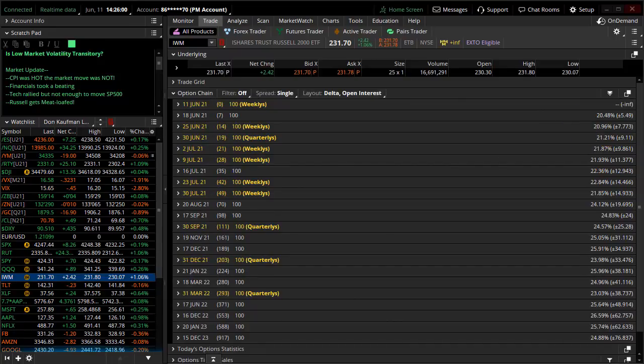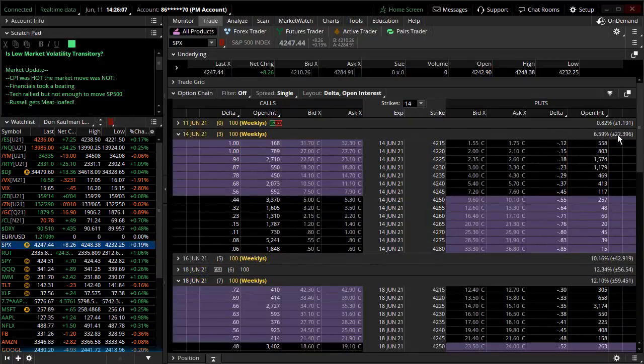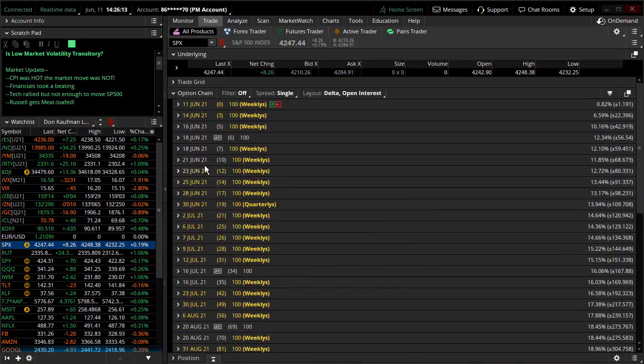You know where the front week vol is in the SPX? Go tune into the SPX. What's front day vol in here? You're looking at 6%. You want to get crazy? Go 7 days out. It's 12% vol. Russell volatility is roughly speaking almost double what it is inside of the S&Ps.